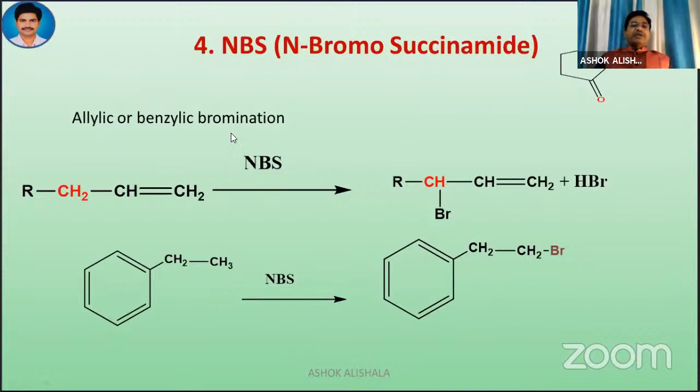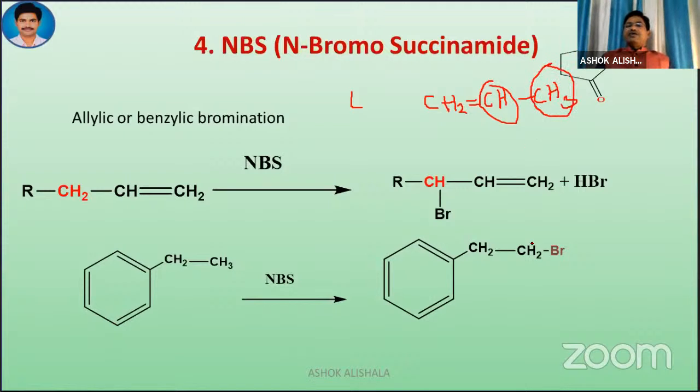The main role of this one is that it undergoes substitution at the allylic position. What is meant by the allylic position? You have to know what the allylic position is. Suppose there is a carbon with a double bond. See, suppose this is the case. If you write like this, this is going to be the vinylic carbon. This carbon is called the vinylic carbon. Suppose one more hydrogen is there here like this, and this is called the allylic carbon